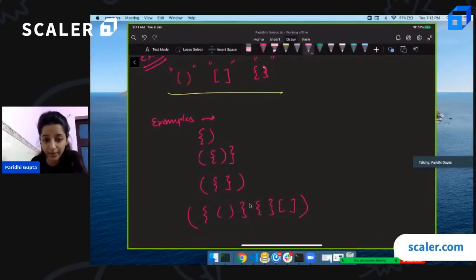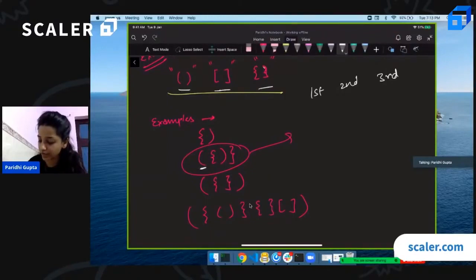Now taking 3 variables. Here I have this string. If I take 3 variables, let's say first bracket, second bracket, third bracket, so this is type 1, type 2, type 3. For the first bracket, keep left and right, then for the second, left and right, then for the third, left and right. First's left is 1, third's left is 1.